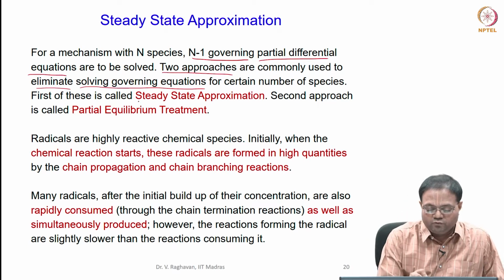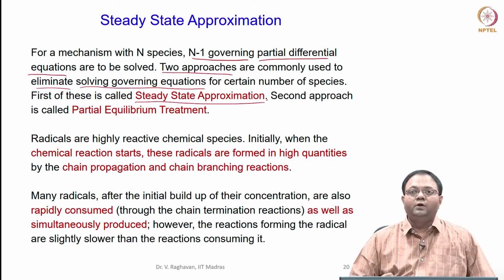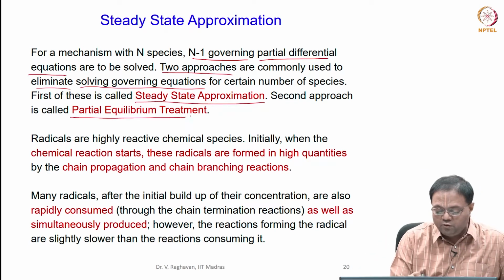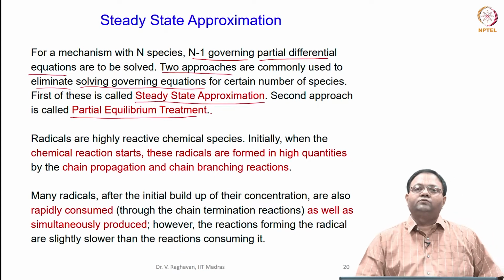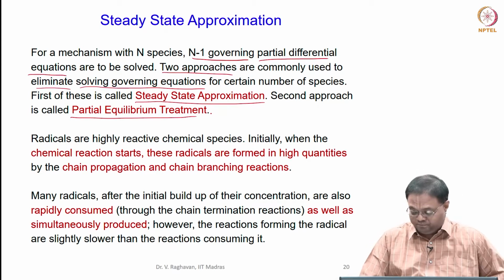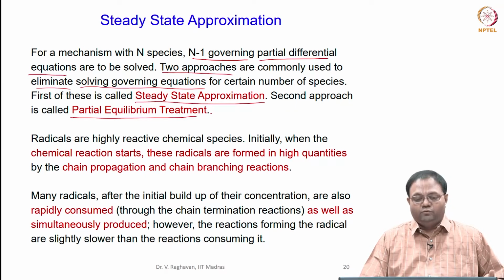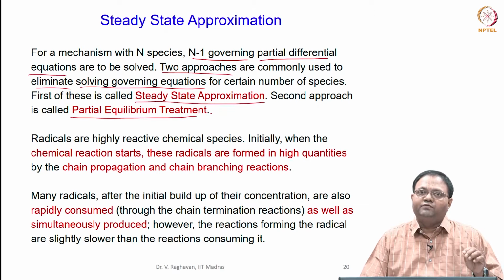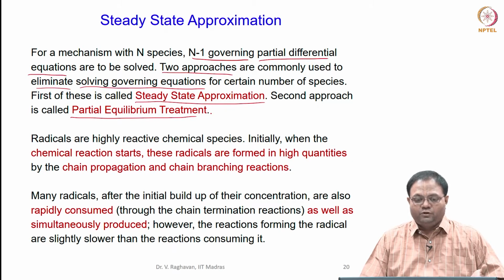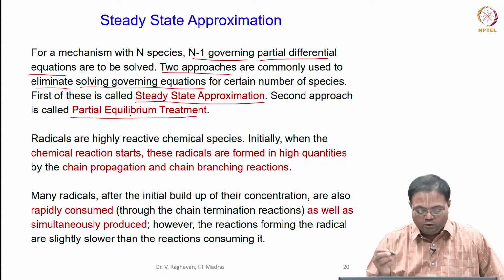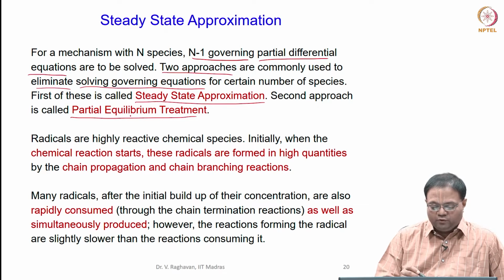There are two approaches. The first one is called steady state approximation. The second one is called partial equilibrium treatment. These are the two approaches which are commonly used to eliminate solving the governing equations. These species are calculated as a function of other species and rate coefficients. When you implement partial equilibrium, you involve the Kp value and so on. So, the first one basically